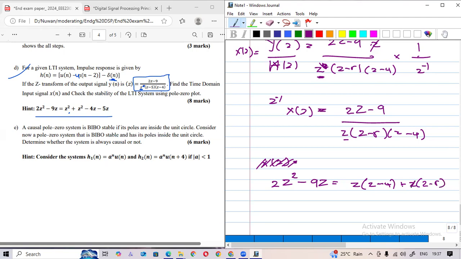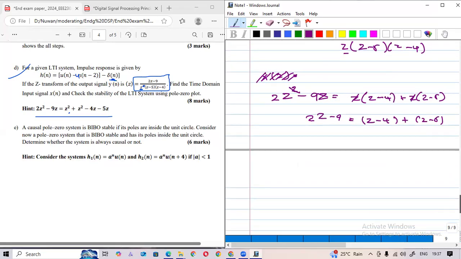So again this cancels out. So I will have 2Z minus 9 as Z minus 4 plus Z minus 5. In this way, I will have